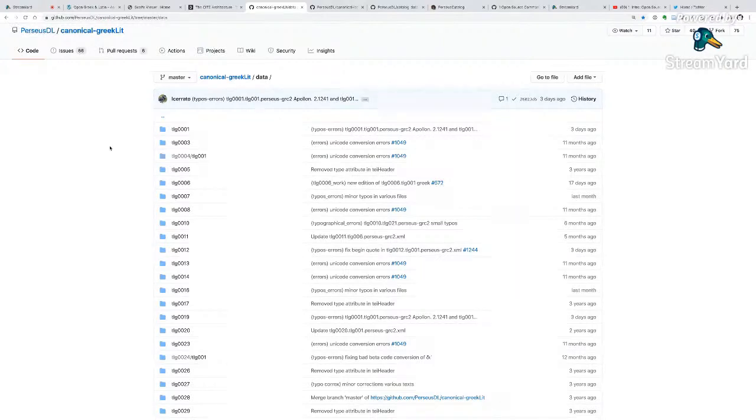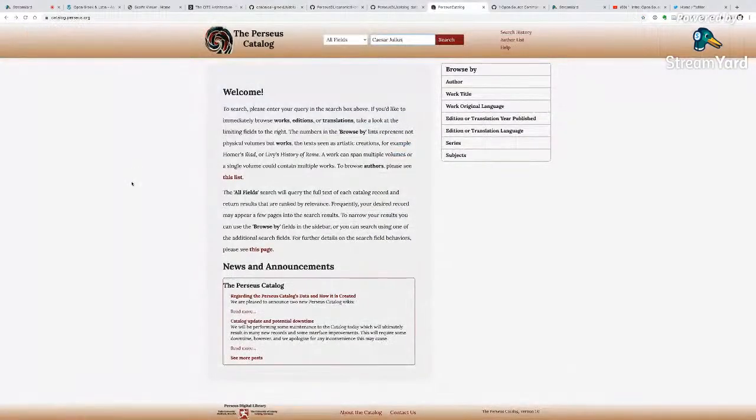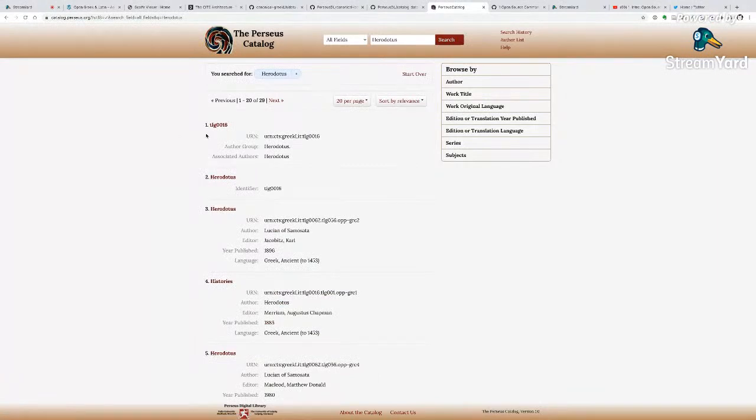And I understand that you can't remember the number of each author, but if you're looking for a specific author through the number, you can look for it through the Perseus catalog, okay? In this case, for example, if I look for Herodotus, I can get the number: TLG 0016 is the number of Herodotus.